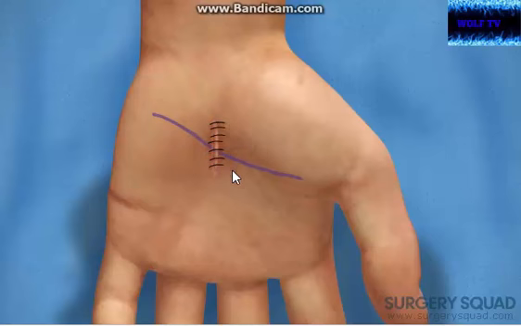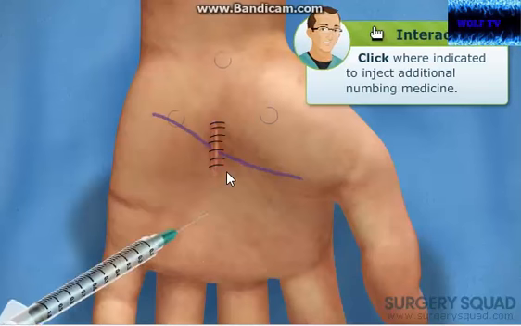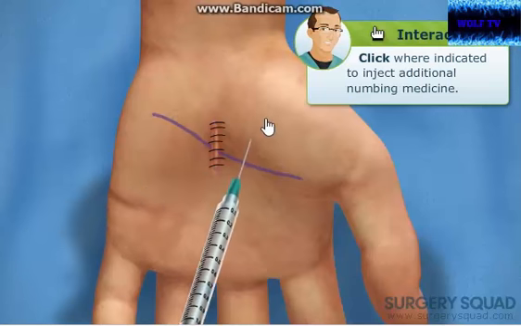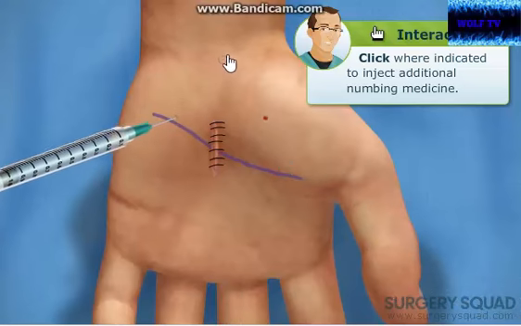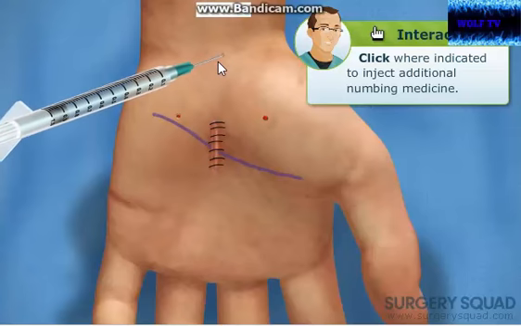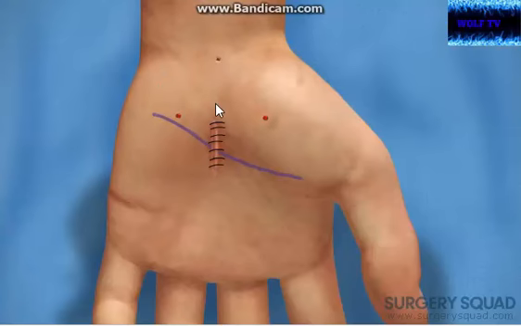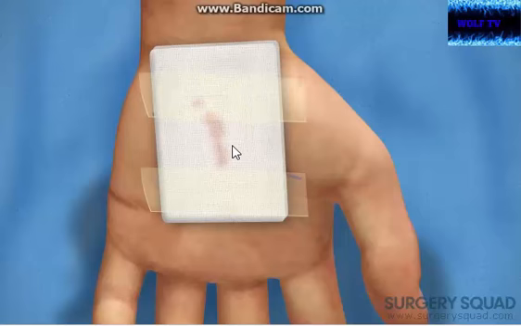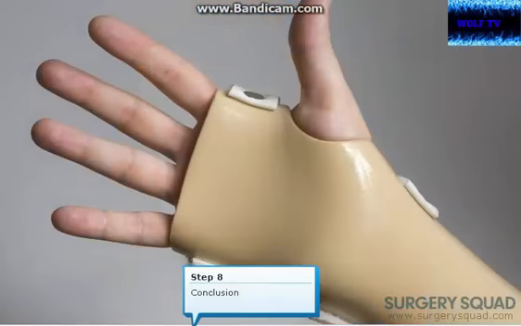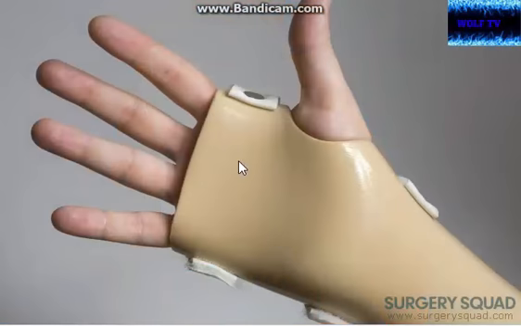With the wound closed, we'll inject additional numbing medicine around the operating site to help relieve some of the immediate pain the patient may feel after surgery. And lastly, we'll place a small dressing over the wound to absorb any residual blood. We'll immobilize the wrist with a splint and a sling, and after 1 to 3 hours, our patient is sent